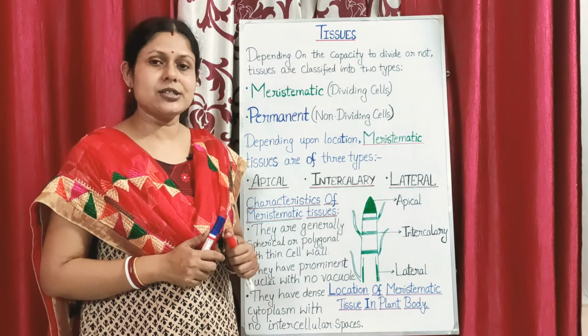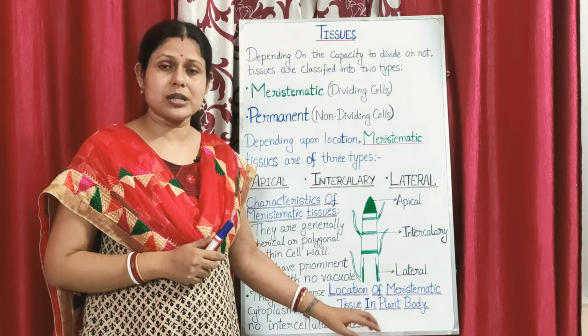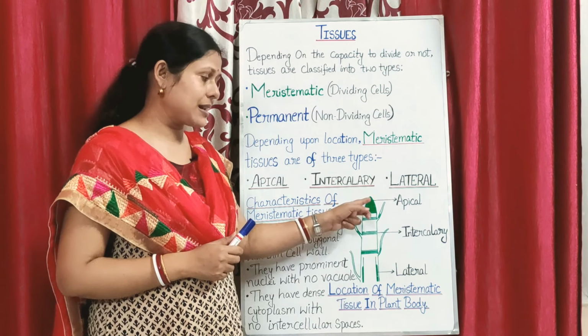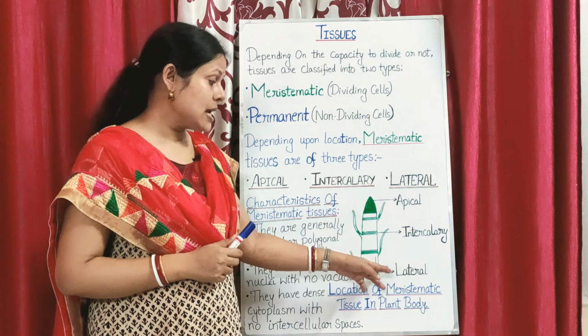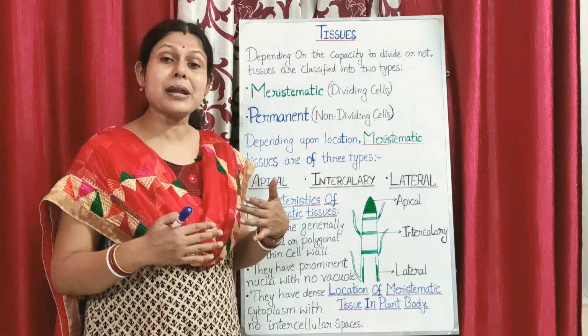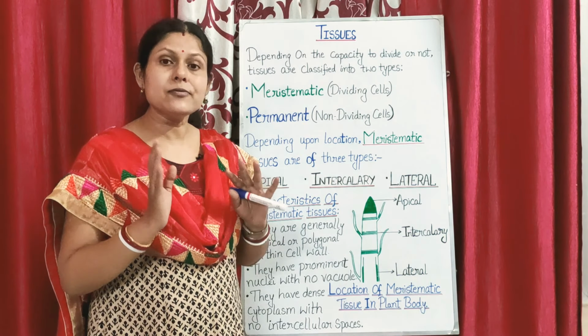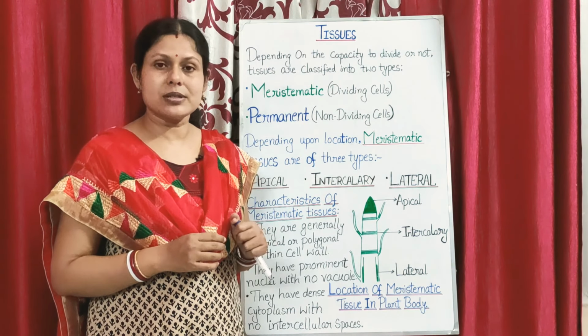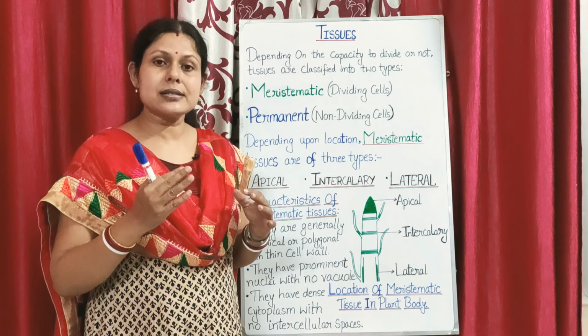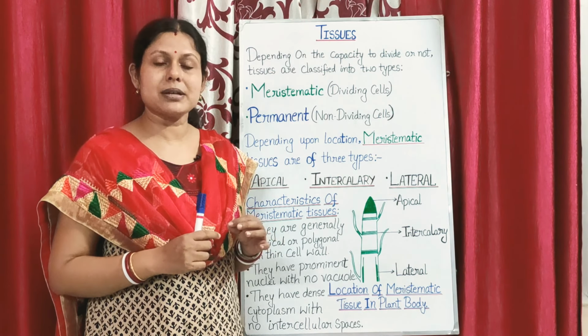Now these meristematic tissues which we are talking about so much, which are found in the different regions of the plant, like the apex, the intercalary region, the lateral region, because of which the plant shows continuous growth throughout life. There should be a difference between them and the permanent tissues, isn't it? Now what are the various important characteristics of these meristematic tissues?